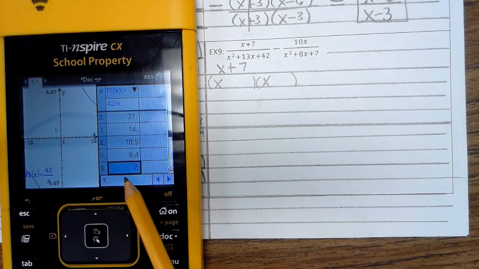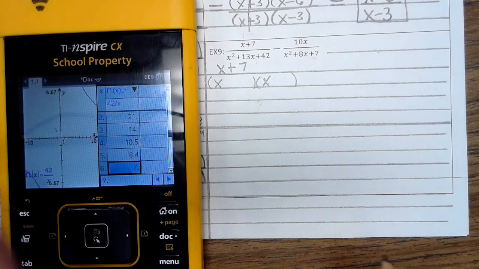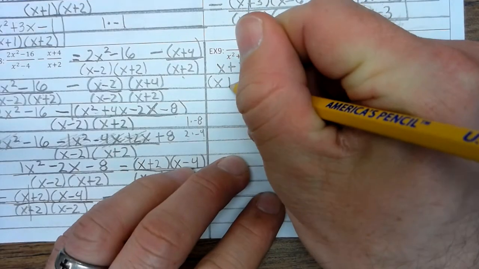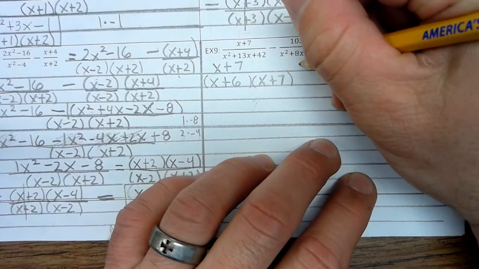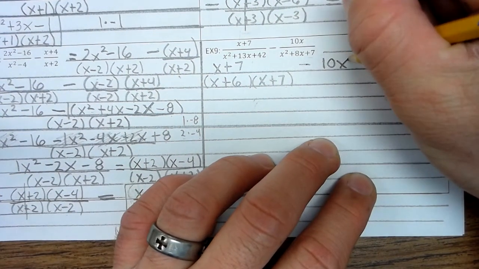Aha. 6 and 7 become 13. So we know that the factors are x plus 6 and x plus 7. Minus 10x divided by,